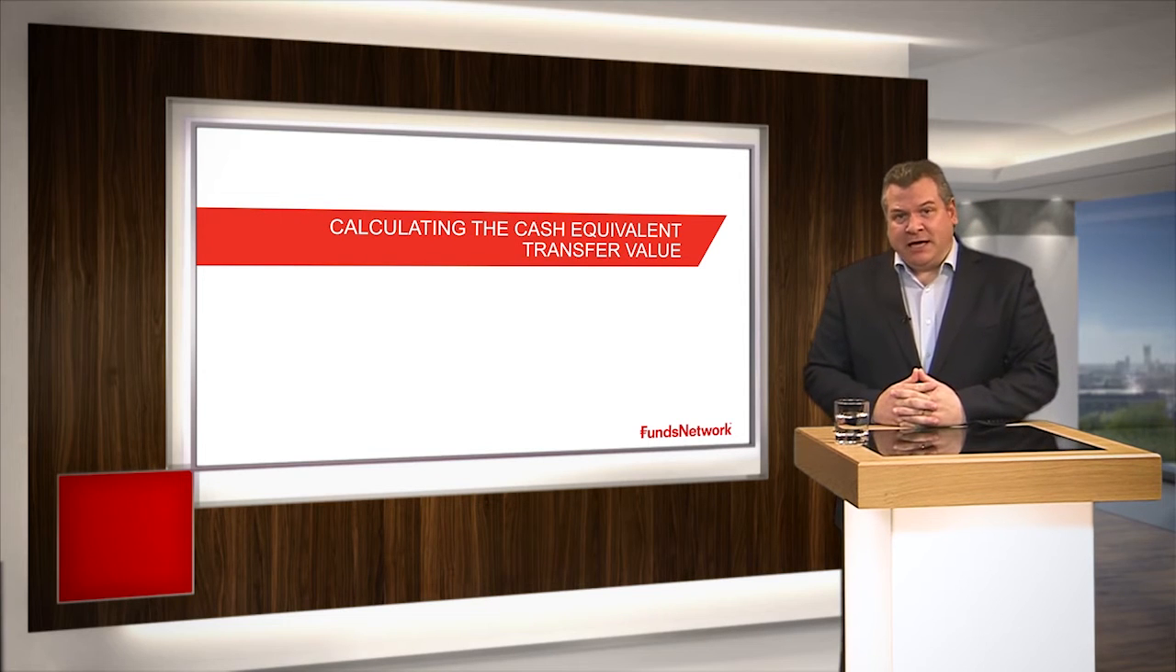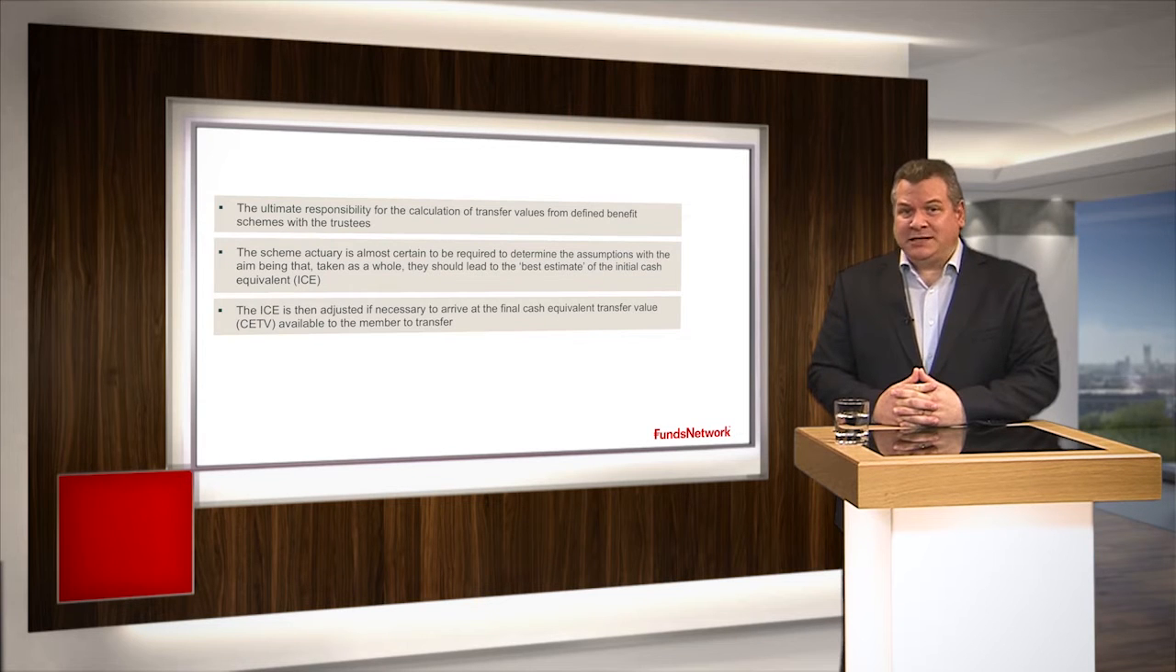Since 2008, Department for Work and Pensions regulations place the ultimate responsibility for the calculation of transfer values from defined benefit schemes with the trustees, and not, as was previously the case, with the scheme's actuary. Nevertheless, the scheme actuary is almost certain to be required to determine the assumptions under this regulation, with the aim being that taken as a whole, they should lead to the best estimate of the initial cash equivalent, known as ICE. This is then adjusted, if necessary, to arrive at the final cash equivalent transfer value, the CETV, available to